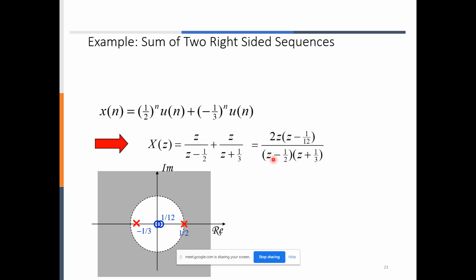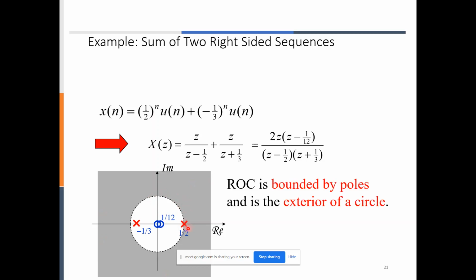Now ROC, for this case you know that it is mod z greater than a, so it is outside of the circle. This ROC is outside of the circle bounding this pole. So ROC is bounded by poles and is the exterior of a circle, because it is mod z greater than a. And it does not include any poles also. The ROC in this case does not include any pole, it is at the boundary. Okay,